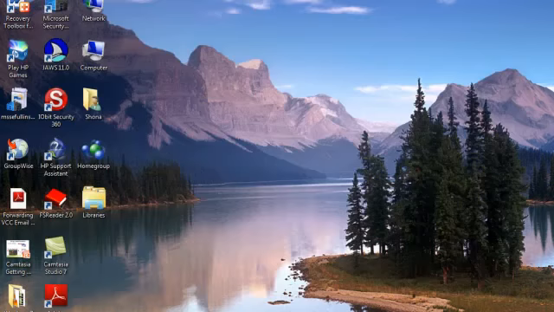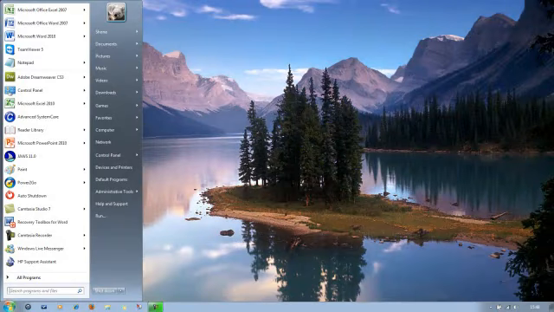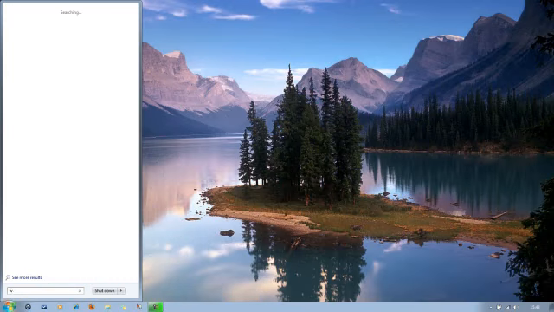Alt F4 to close this now. The power of the search feature is going to be demonstrated now. All you have to do is press the Windows logo key and start typing. So I could go to my site, vcc.ca,